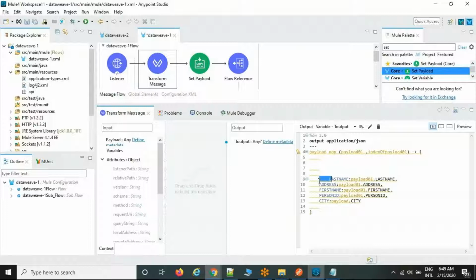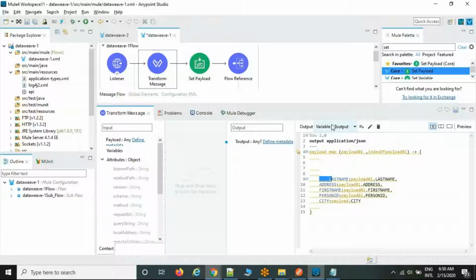So in a single Transform Message we can maintain multiple formats, like multiple structures, and by default the Transform Message output will be stored under payload. Payload data is always overridden. But if I want to reuse the data, what is the approach? Create a variable in the Transform Message, then wherever you want, you can reuse it. This is normally called a Transform Message global variable. The entire output is stored by default in payload, but payload data always keeps getting overridden.